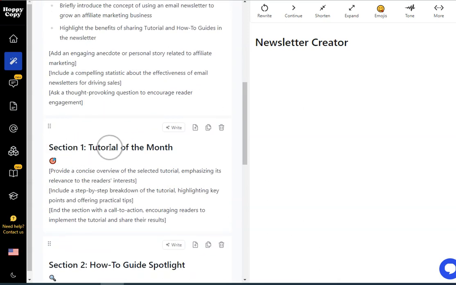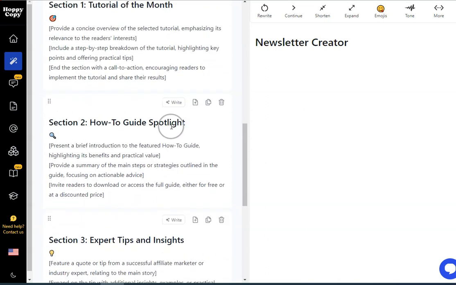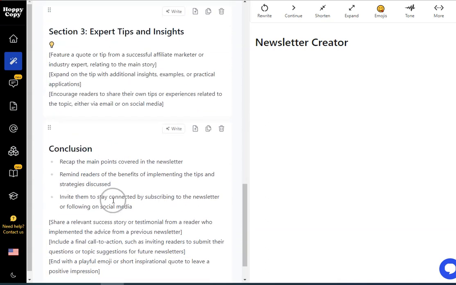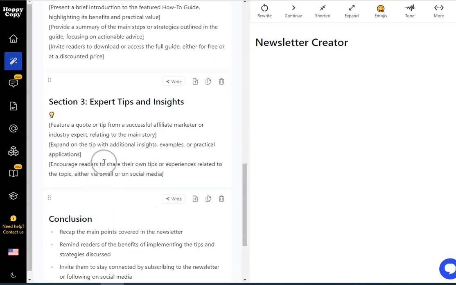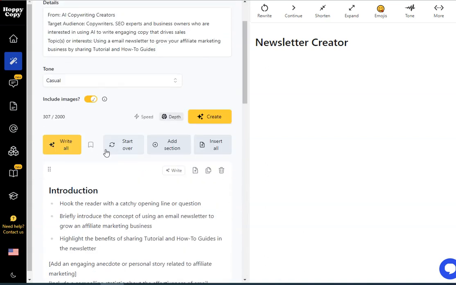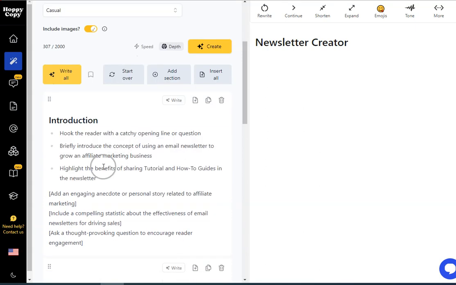Then we've got section 1, so we've got tutorial of the month, we've got how-to guide, spotlight, expert tips and insights, and you can go through, and the conclusion as well, sorry, at the end, and you can go through and you can change any of this. So if you feel like it's not really targeted to what you want and you need to go back here